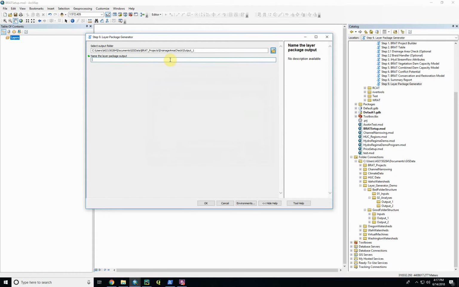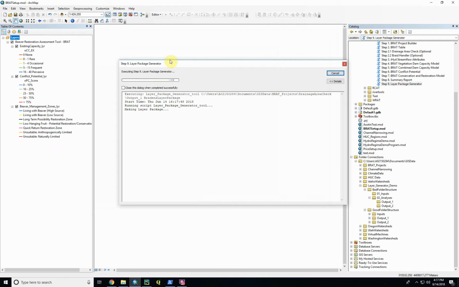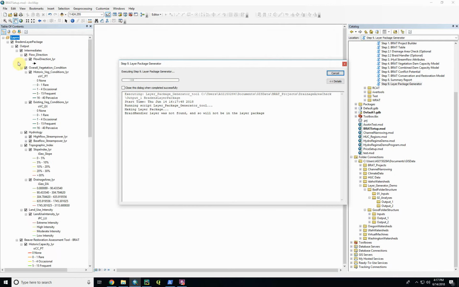Select that, and then you can name your layer package. So we'll just name this one Braden's layer package, because why not? And then we run it, and the first thing you'll notice probably is that all of this stuff sort of flew together